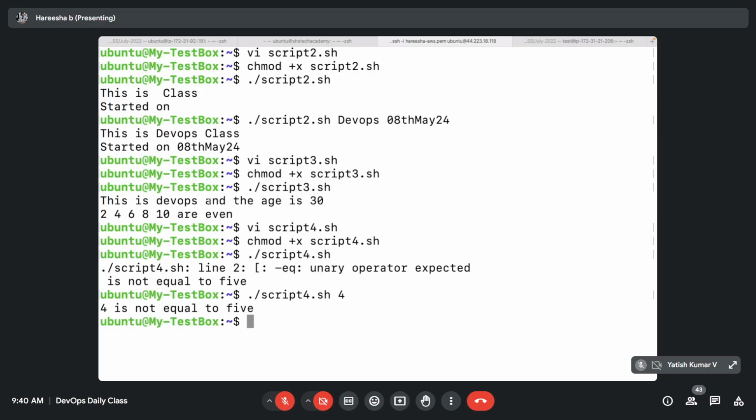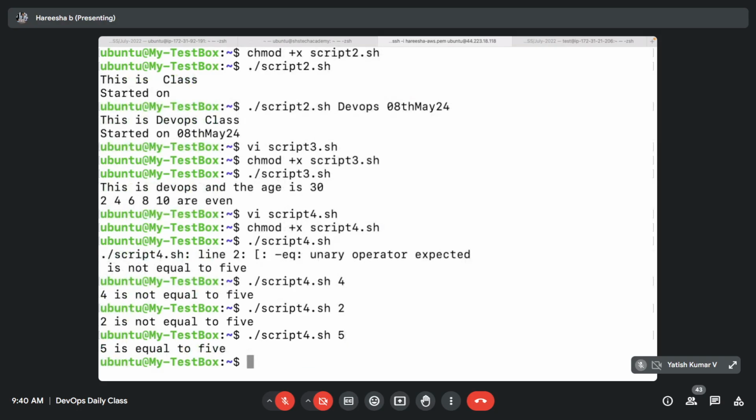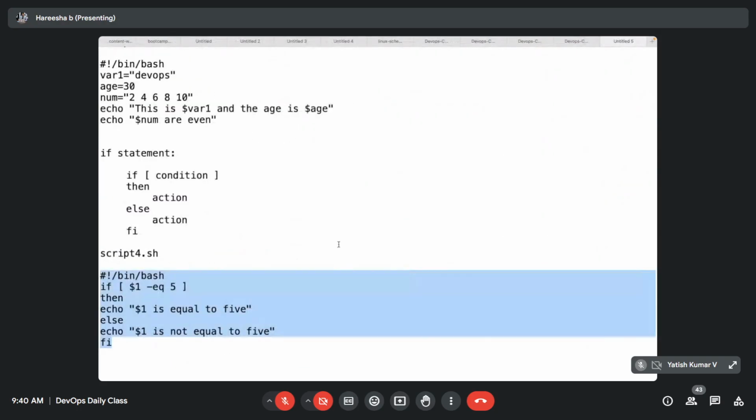See, 4 is not equal to 5. If I pass 2, 2 is not equal to 5. When will this condition be true? When we pass 5. If I pass 5, yes, then only the first statement is true, right? If you observe here,